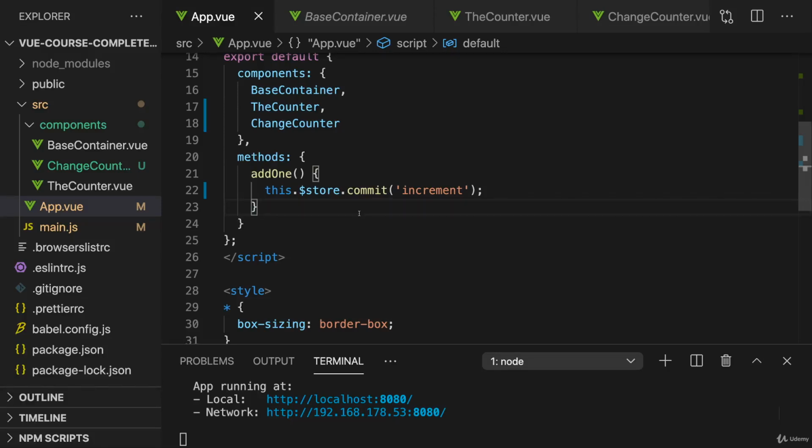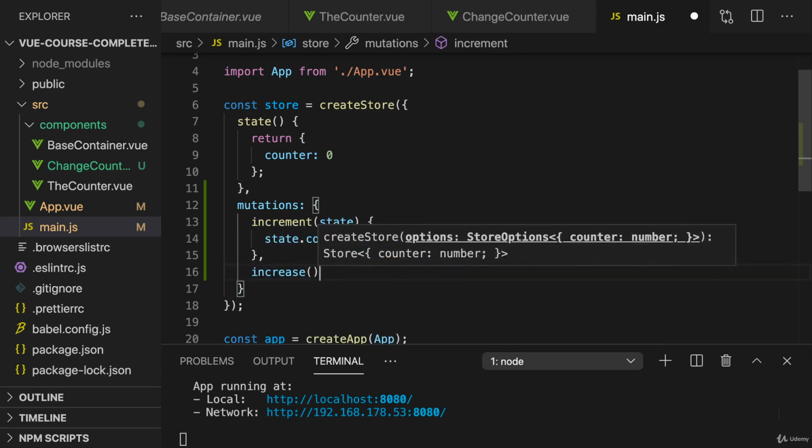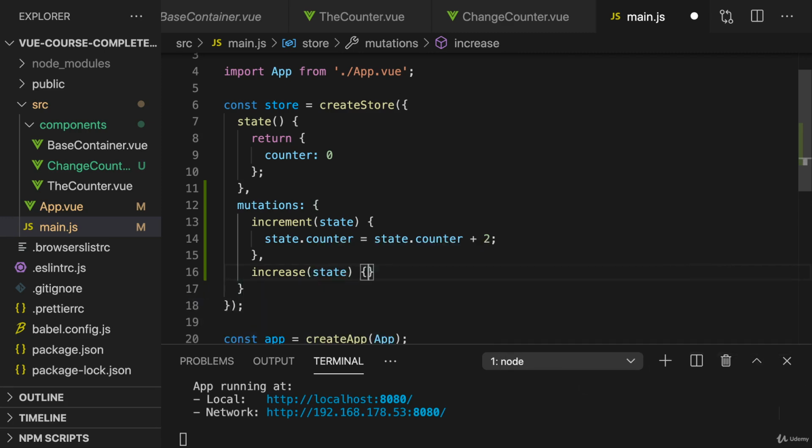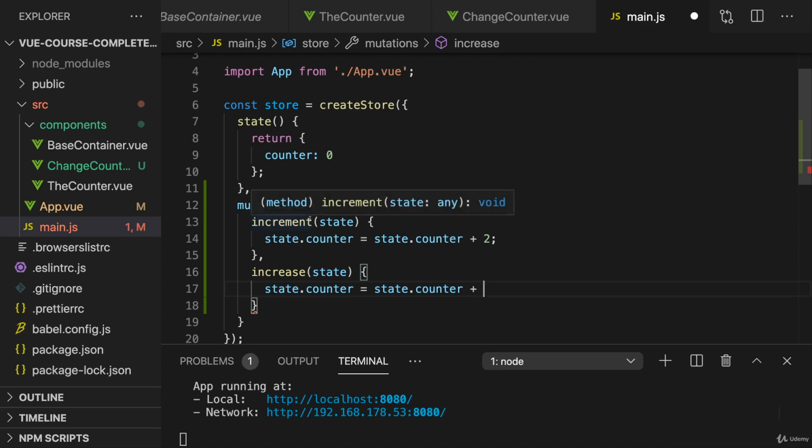Now, some mutations might require arguments. Here we've got the increment mutation, and the value by which we increment this is hard-coded into this code. We could add an increase mutation, which also gets the state, and say that in here we also want to change the counter, but we actually want to increase it by a value which can be defined when this mutation